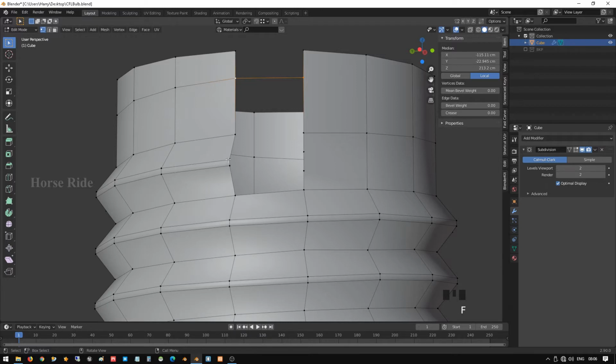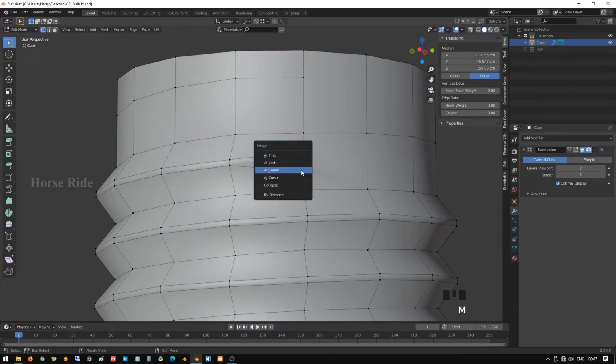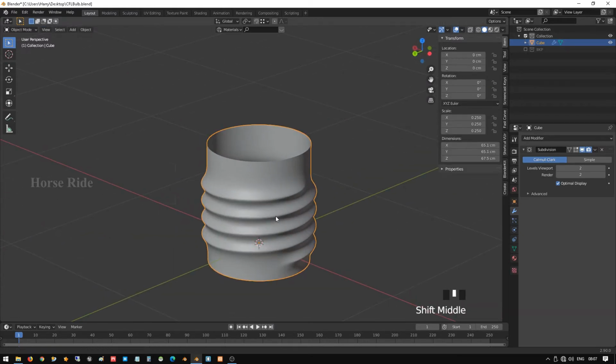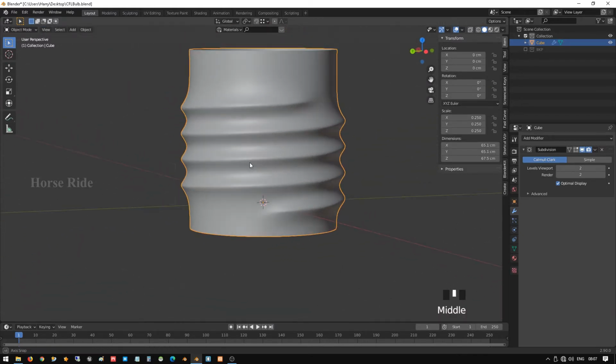Select these vertices, press F, select this one, these vertices and these vertices, press F, and select these two vertices, press F to fill the places, and select these two, press M, merge at center. Okay, now our screw thread has been created.